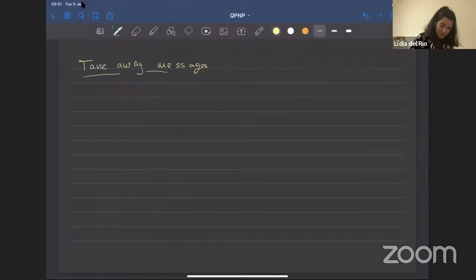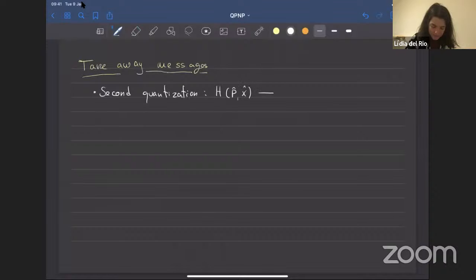So the first thing is that we learn how to do second quantization. And that's taking a Hamiltonian that's written as a function of the position and momentum operators and rewriting it in this way as a Hamiltonian of these operators a and a dagger,